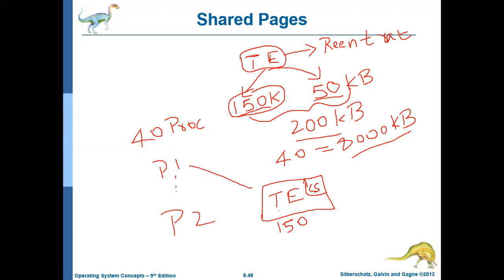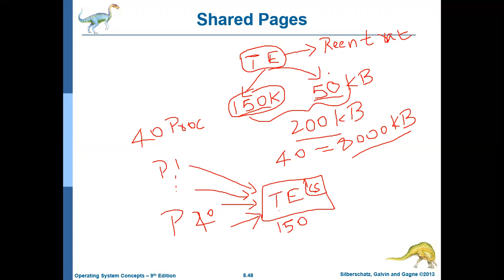All the 40 processes are going to use the same code space of the text editor. So we don't have separate instances of the code space part. Only one instance will be used by all the 40 processes.